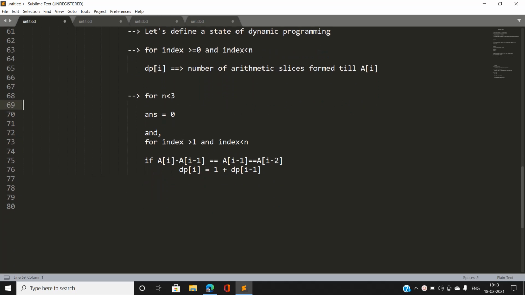And now for any index greater than 1 up to the index less than n, here we are using 0 based indexing.